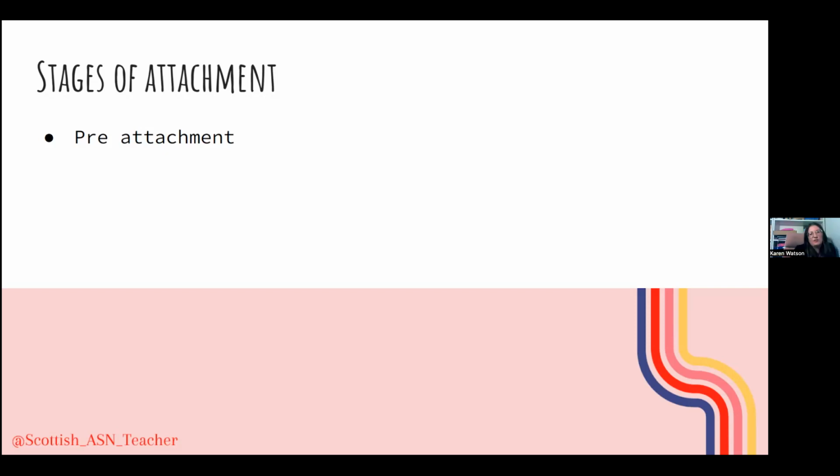So the pre-attachment stage can last anywhere from 6 weeks to 3 months, where the baby is not showing a clear attachment to that primary caregiver. Between 6 weeks and about 7 months, indiscriminate attachment occurs, where the baby shows recognition and preference for a primary and secondary caregiver. So in a typical, 2.4 children family, this would be the mother and the father.